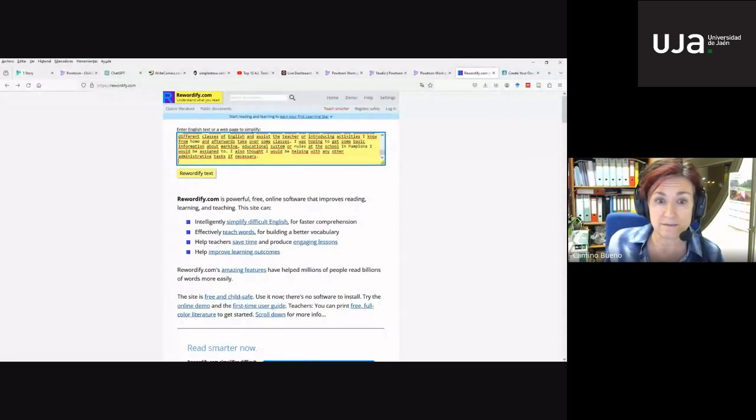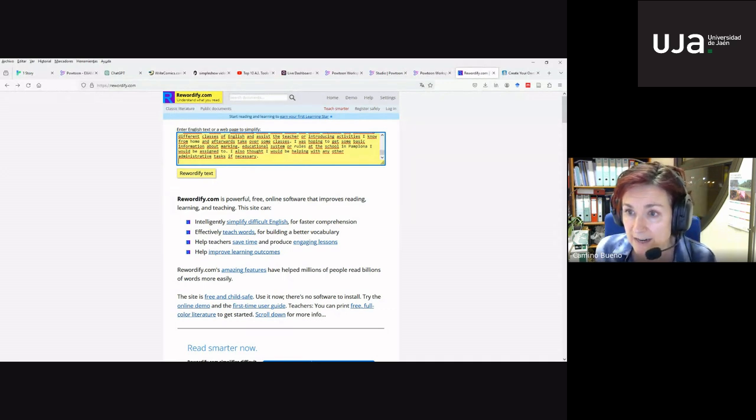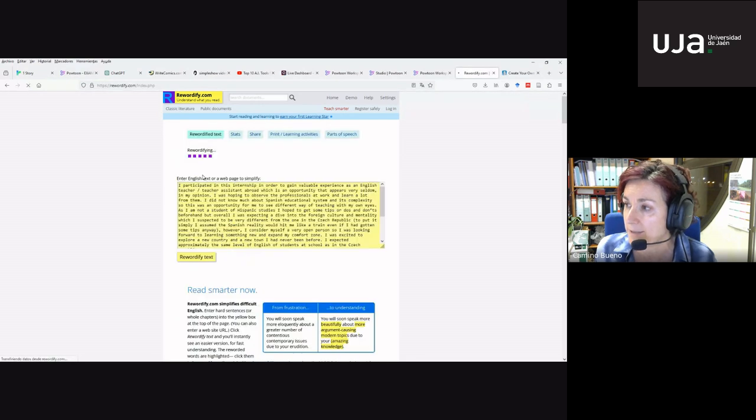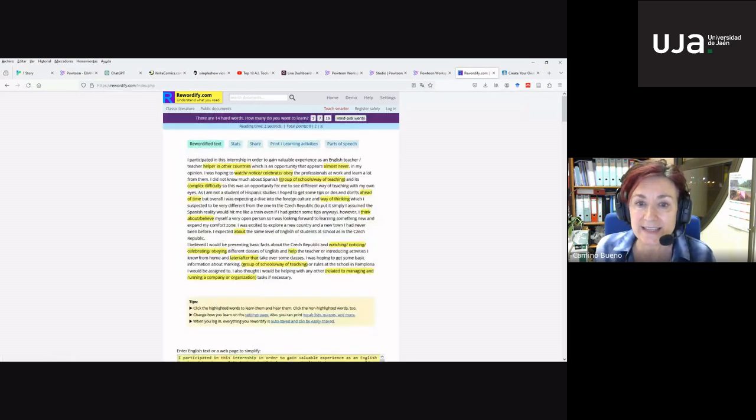Can you see it? Yes. Okay. So this is a program that what it does is I have included here a text written by a student. And then if you click here, Rewordify text, what the program does is it gives you that text with all the words that the program considers difficult, highlighted in yellow.